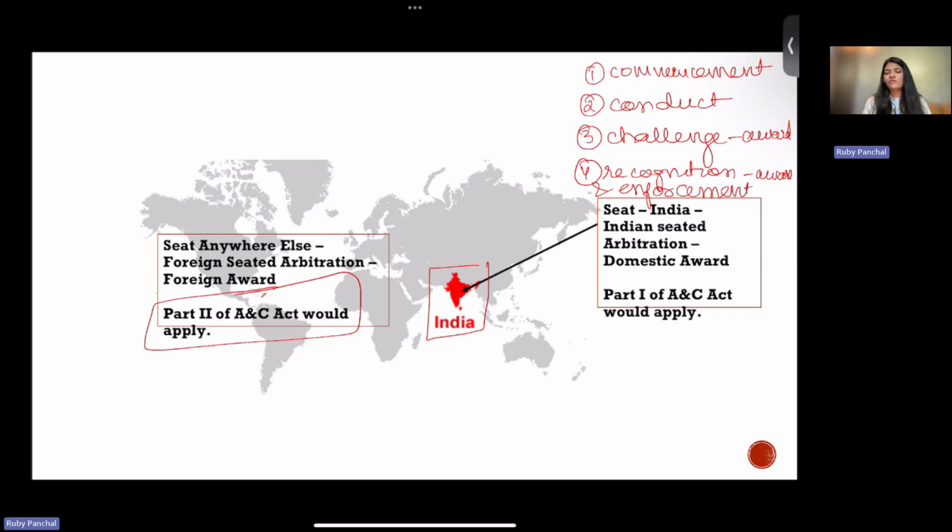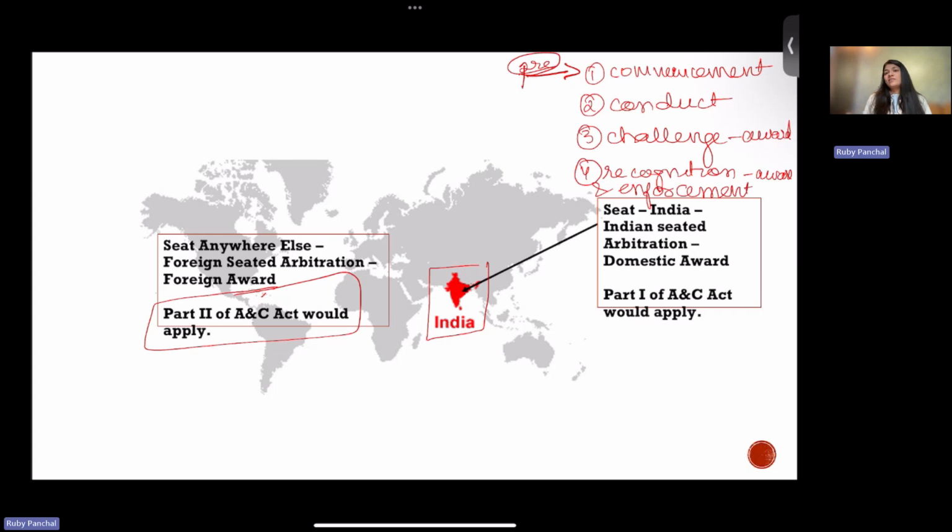Now, when we look at these features, the first one is commencement of arbitration. These provisions would talk about how to begin an arbitration, when to start, when to send out a notice of arbitration, how to figure out whether there's an arbitration agreement to begin with, how to file an application before the court to refer a civil suit to arbitration, how to file an application and before which court for appointment of the arbitrators, and so on and so forth. So, all the matters relating to the pre-arbitral phase could be governed by these provisions.